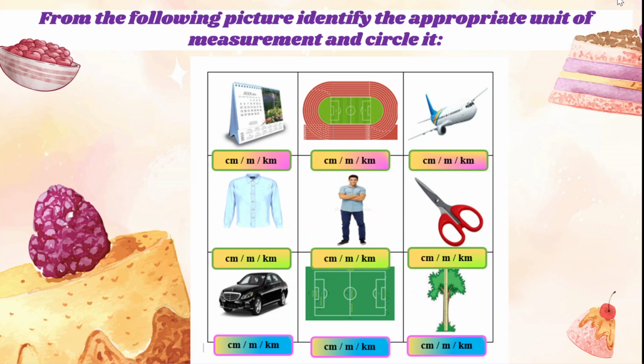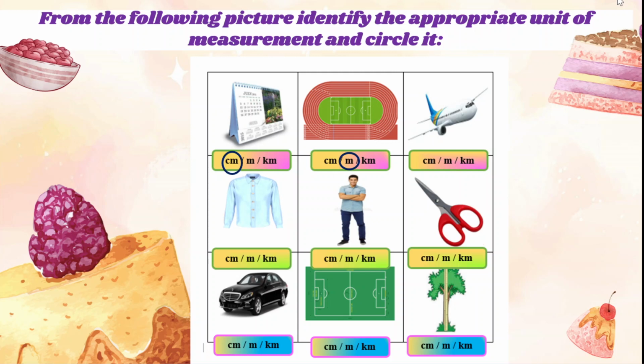If you have a scale, then by using the scale you can easily measure the length of this daily calendar. So we can represent its length by the unit centimeter. So centimeter is the correct answer. In the case of a track, you know that the athletes run along the tracks. So the length of the tracks usually is measured in meters.